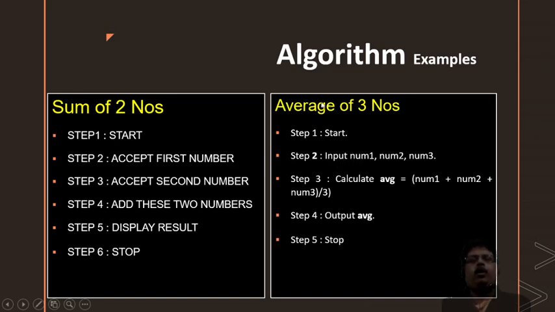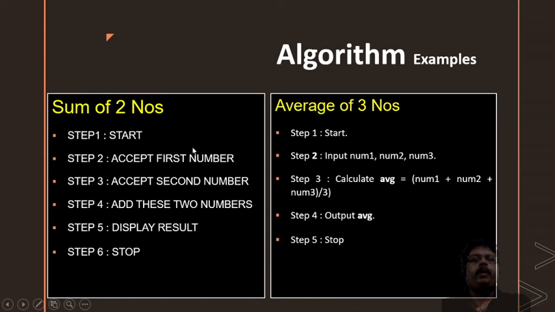So these are two different types of algorithm. If you write this way, that is also accepted. If you write this way, that is also accepted. Here two numbers are inputted one after another. Then the next step is to add these two numbers. See here it is not having any syntax. It is having English-type statements. Correct. Then display the result. This type of concept is called an algorithm. This is not a program. This is an algorithm. But the program syntax will vary based on the programming language you are using.